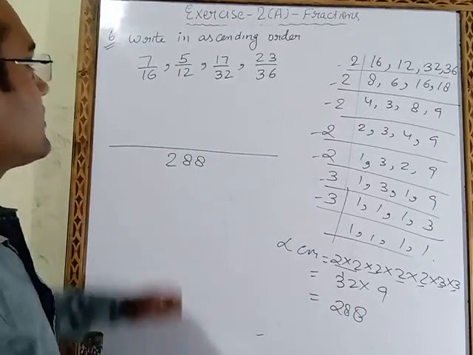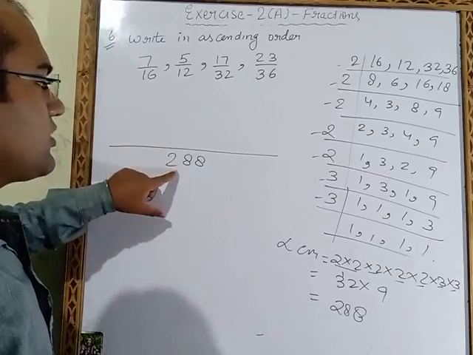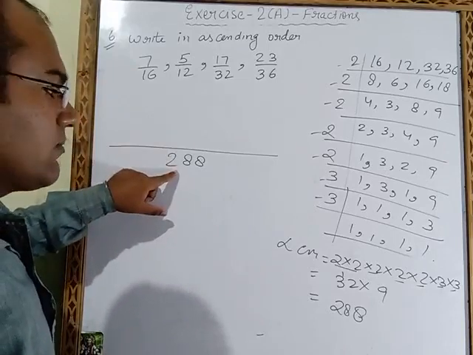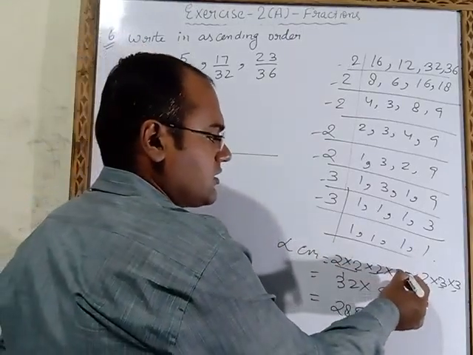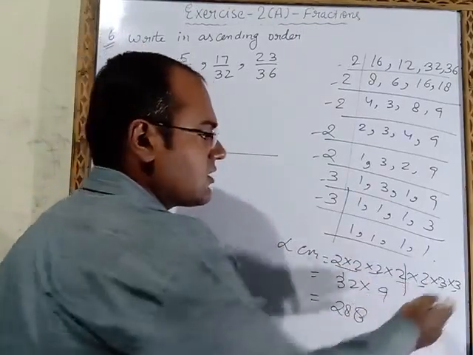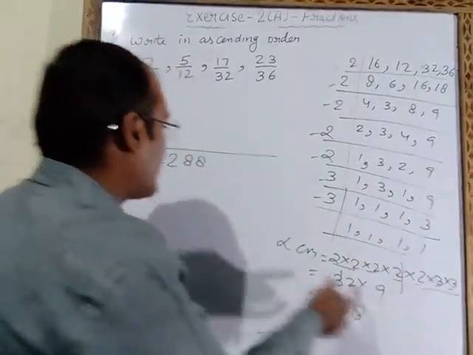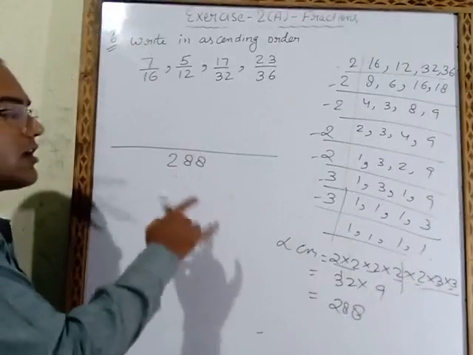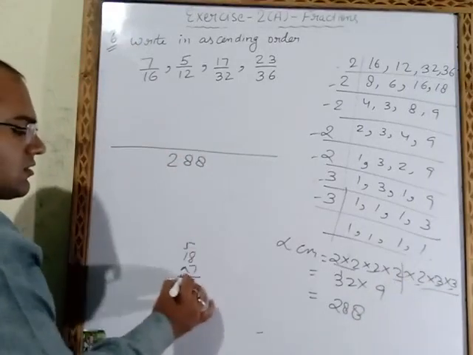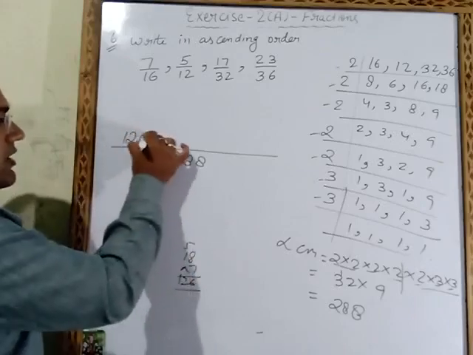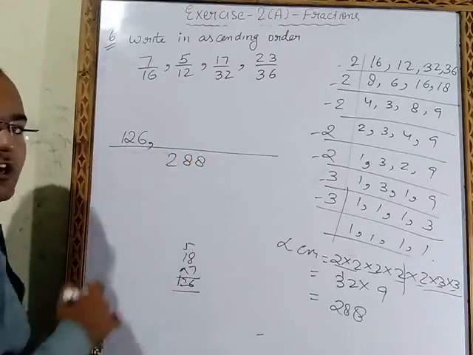Now we have to read the 16 table and check 288. How many times will this come? You can take help of these numbers. 2 2s are 4, 4 2s are 8, 8 2s are 16. Till here 16 is coming. 3 3s are 9, 9 2s are 18. So 18 is remaining. That means 16 18s are 288. 18 into 7 we will do. Answer will be 126.